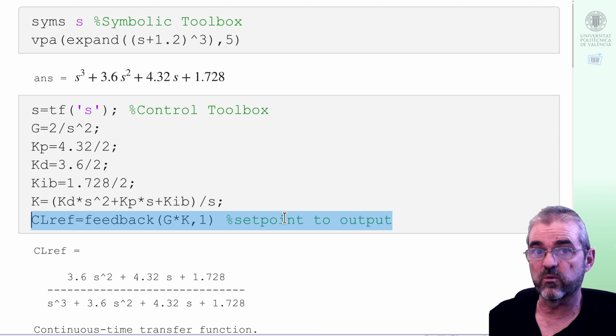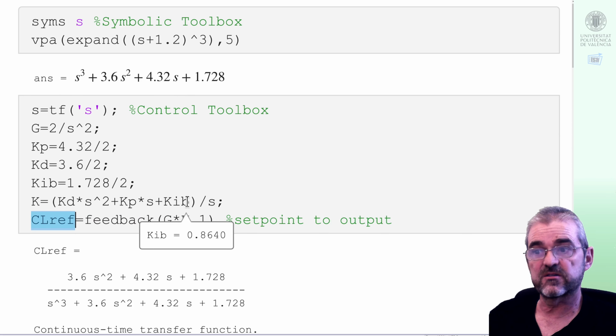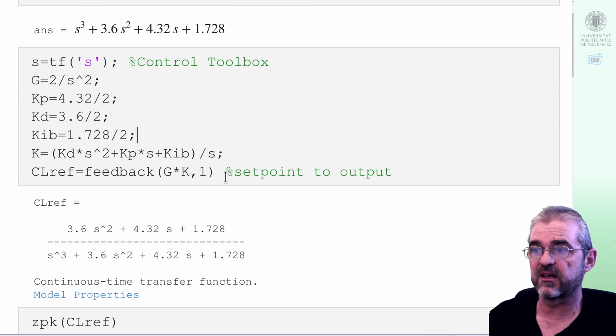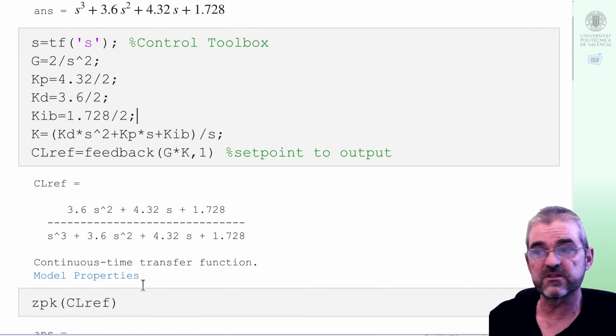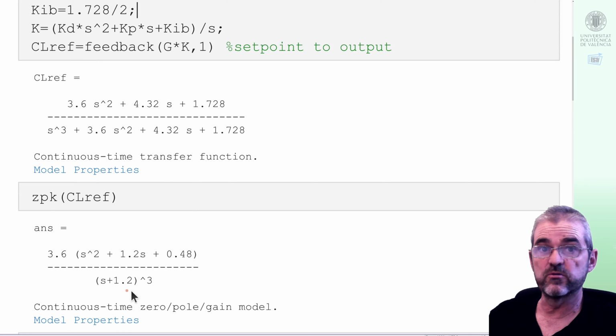We worked to make the error small in a fast way, but simulations will show the output. This is the feedback setpoint to output transfer function, and indeed if I compute the poles and zeros, we do see that the denominator is the polynomial we wished, 3 poles at 1.2, and